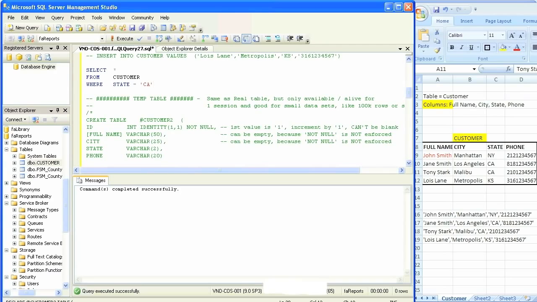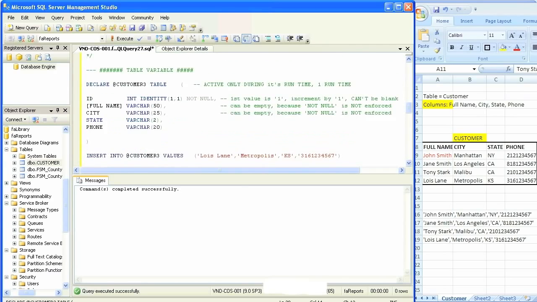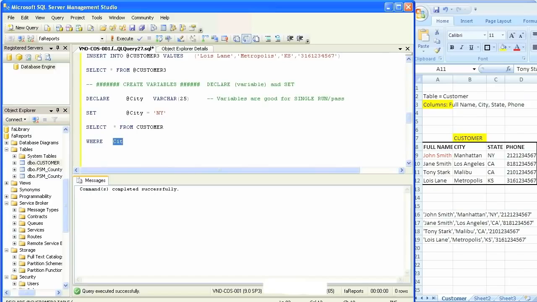So whereas we have state equals California, we're going to have state equals the name of that variable. We could have left it as @city, but just for convenience, we'll change the name to state over here too. And if we run this query,